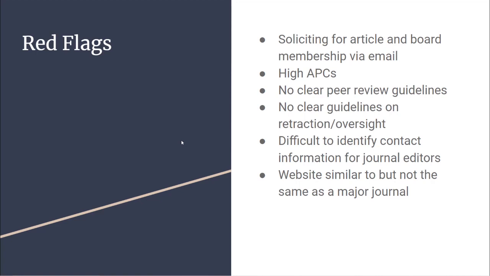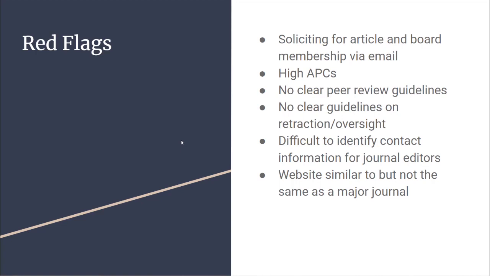Another red flag can be really high APCs, particularly if their website is structured in such a way that makes it seem like getting APCs is their primary goal. Oftentimes, predatory journals won't just have APC information, but they may have a link in the top navigation that says, pay your APC here. Traditional journal publishers, while they certainly are charging APCs, are not going out of their way to structure their websites for the purposes of collecting money, as opposed to these predatory publishers who really only exist for that purpose, and it can often show in how they design their websites.